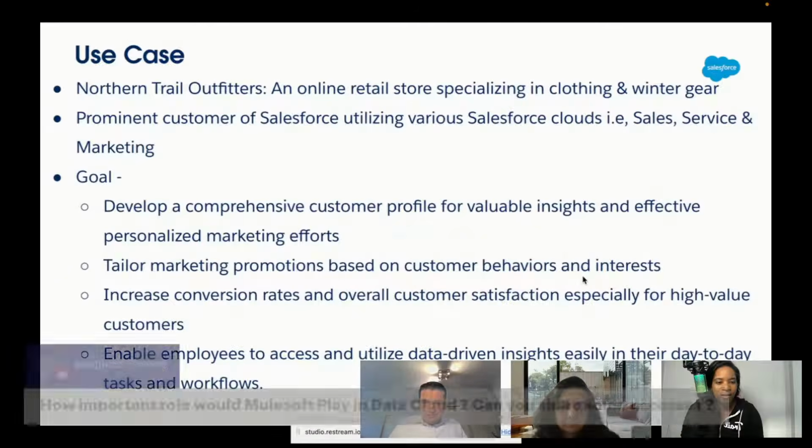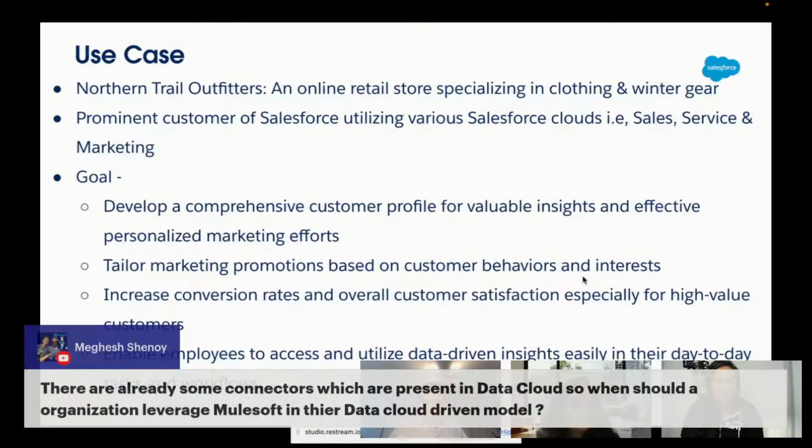And then it looks like there's another one here. There are already some connectors which are present in Data Cloud. So when should an organization leverage MuleSoft in their Data Cloud driven model? Basically, if there's already an out-of-the-box connector like Salesforce or Commerce Cloud or Marketing Cloud, we obviously recommend to use one of those connectors. But some people want to use the ingestion API if they need to create their own custom connector. But if there is a,